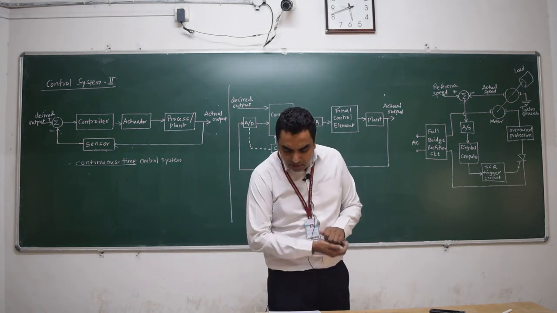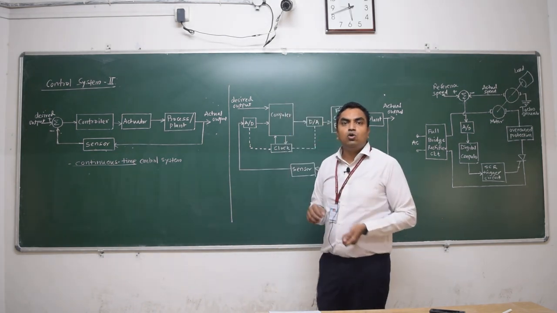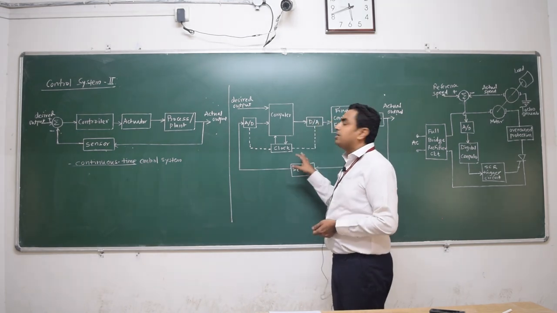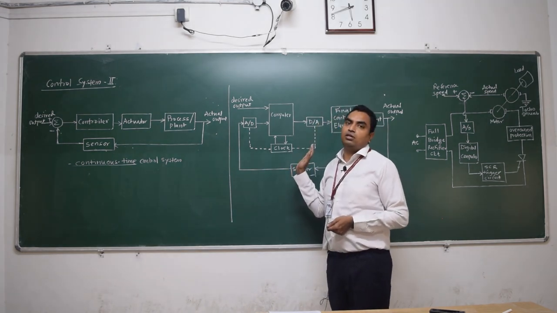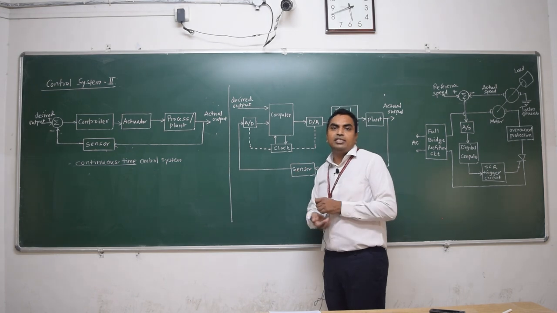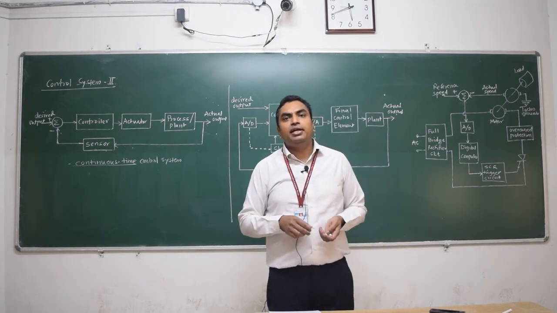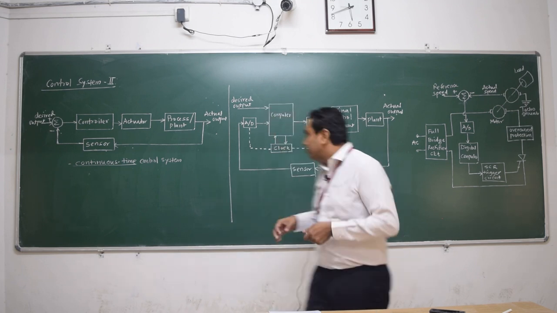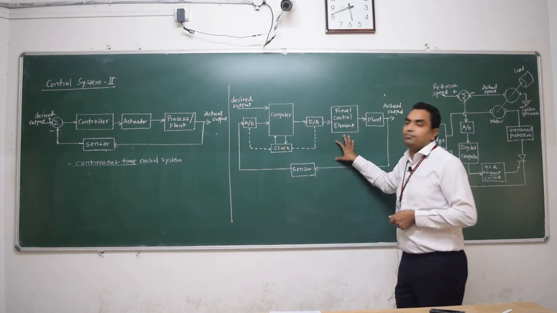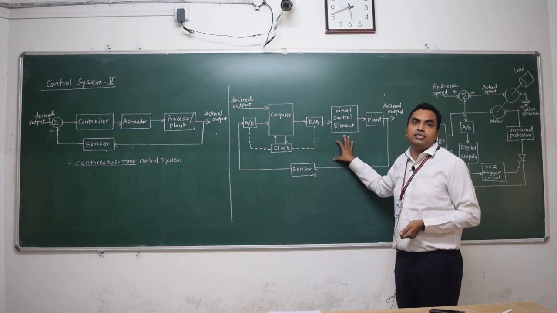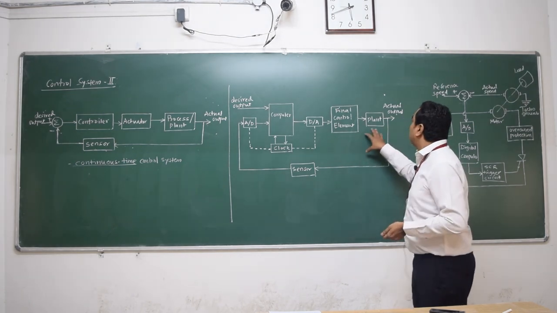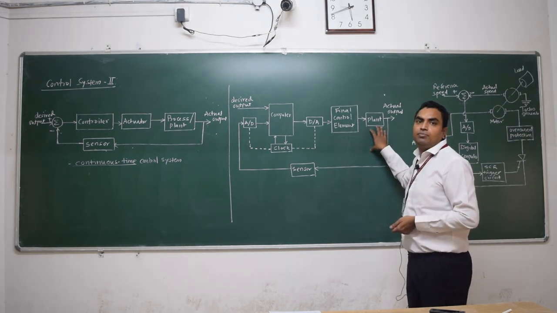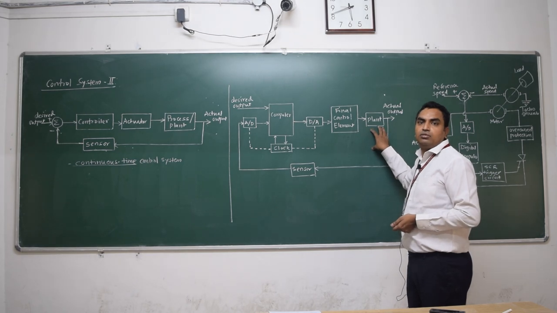So if I consider an autonomous car, that can be considered as an example of a digital control system. So what do we need if we want to implement any digital control system? Our process is going to remain the same, our system is going to remain the same, right? This is the plant, this is the system, this is the process, right?